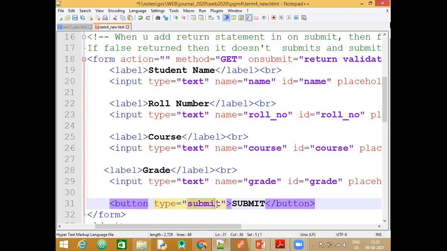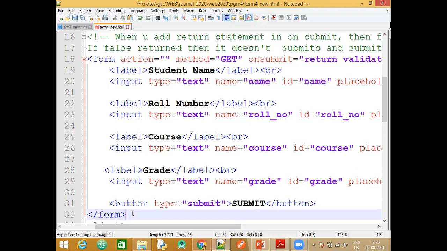Another option here is reset. We have covered this. Another button type would be reset. All the data that you filled erases off. So we'll make use of submit. This text that is there will come on the button, and then the closing button tag. Then remember to close the form tag, otherwise it will be a problem.